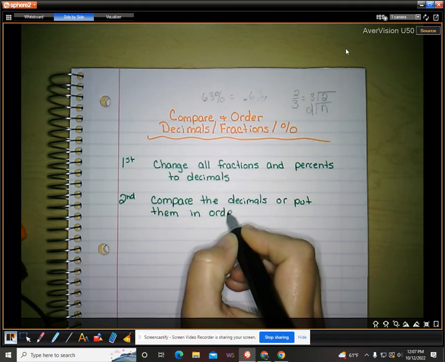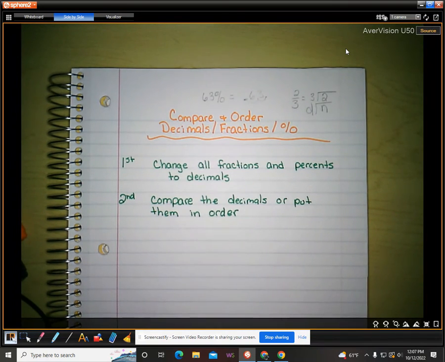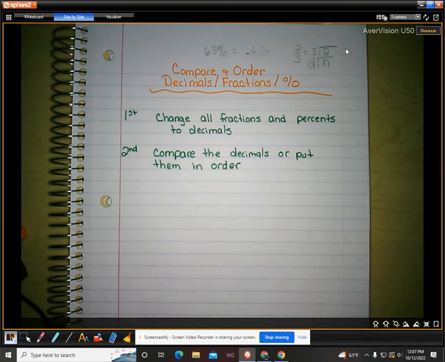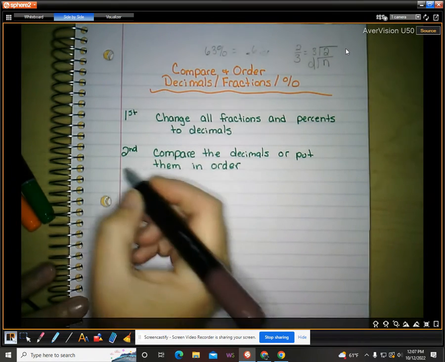Okay. And this is what we took notes on and did yesterday. And then most of you did on your assignment on your IXL. That's all there is to it. Change everything to decimals, put them in order. Nothing new. We're just putting two things that we've learned together to make it all work. Okay. So if we look at some examples,